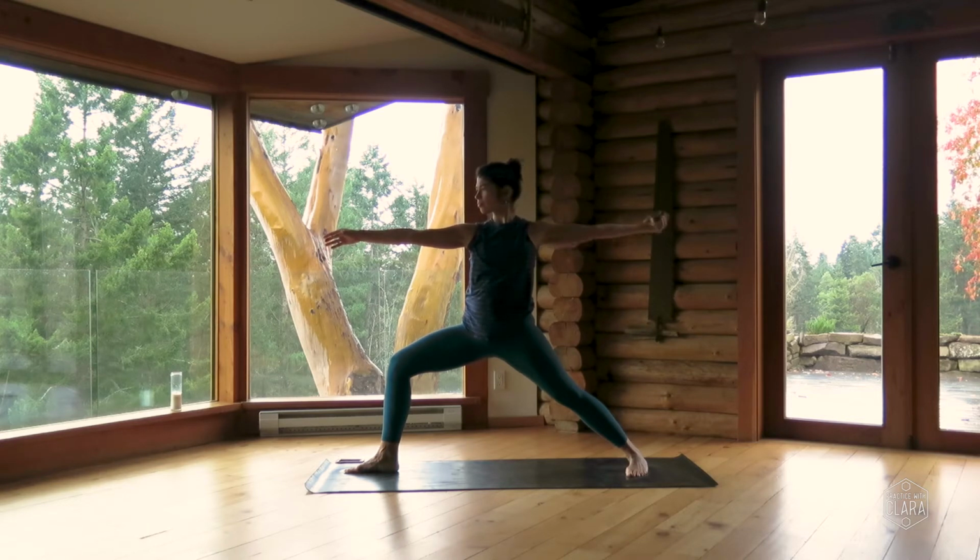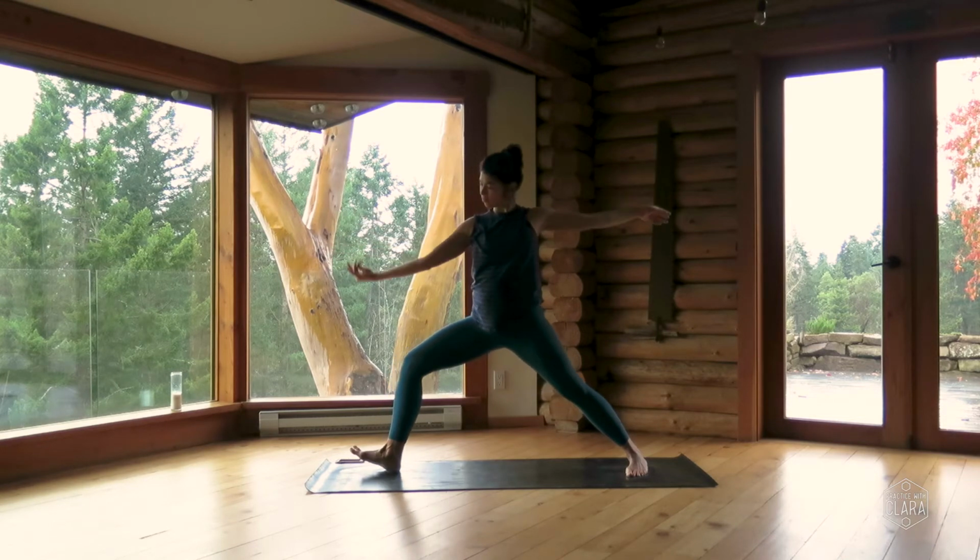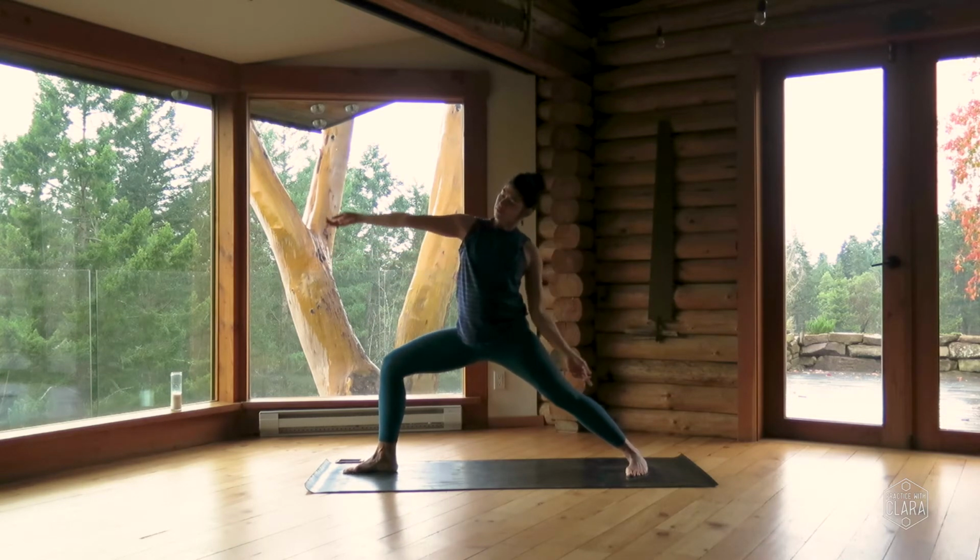Inhale, draw your left arm to meet your right one. Exhale, up the right arm behind the head and towards the back of the mat. Inhale, reach the left arm to meet the right one. Exhale, up and over. Inhale, peaceful warrior. Slide your left hand down your left thigh, right fingertips up, and either stay here or bring